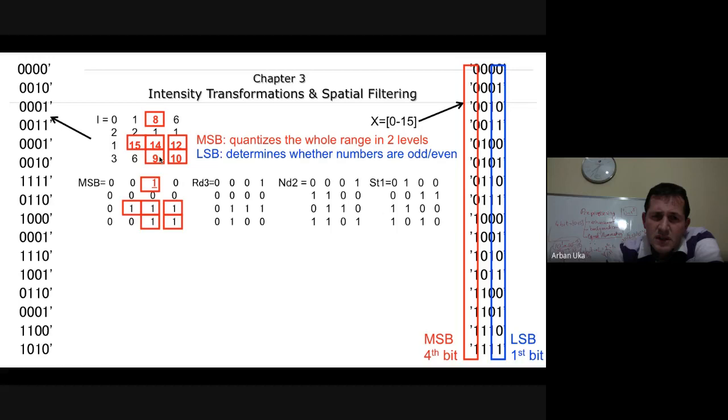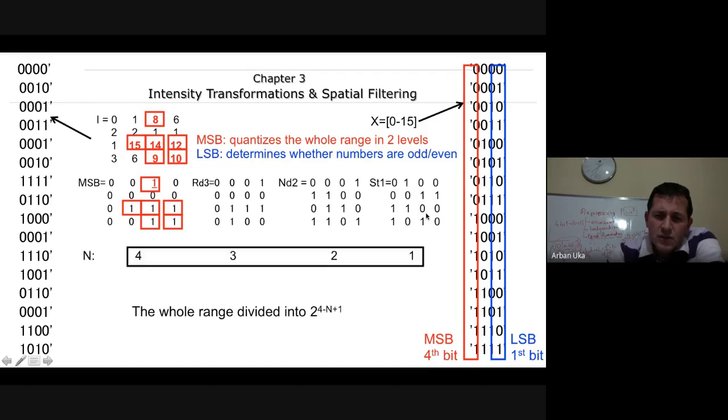These are the numbers that are odd. So the last bit is just showing the numbers which are odd. If we see 0 in the very end, that means it's even, 1, it's odd. In the second row of the original image, it is 2, 2, 1, 1, which means even, even, odd, odd, which means 0, 0, 1, 1. And then in the third row, we have 1, 15, 14, 12. That means odd, odd, even, even. So 1, 1, 0, 0. So we read this one.